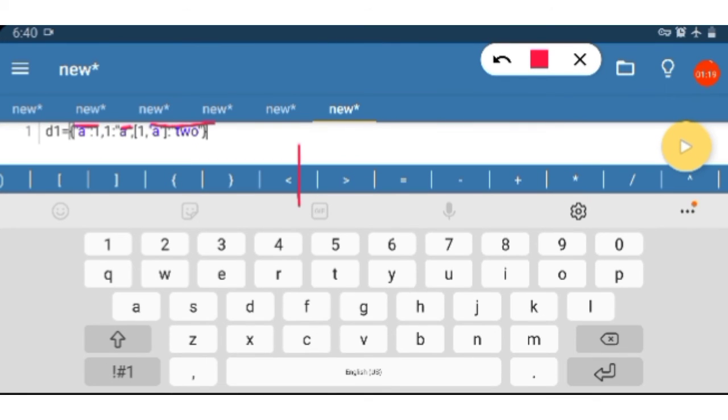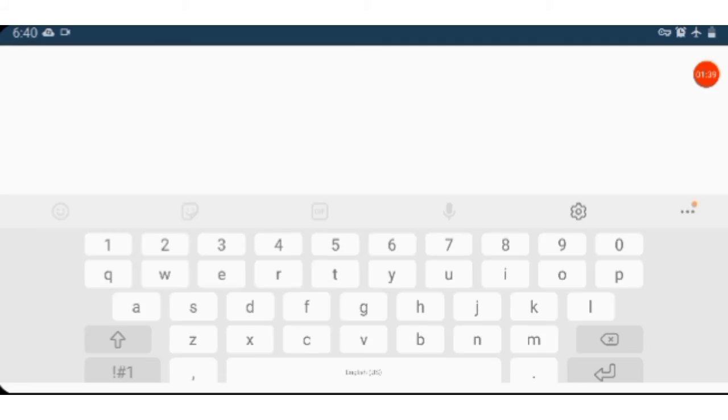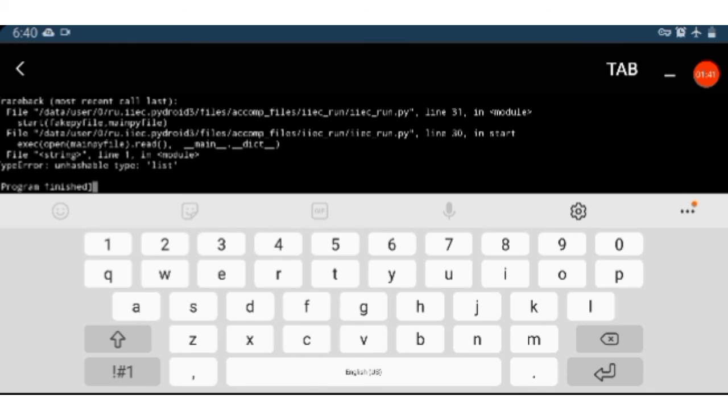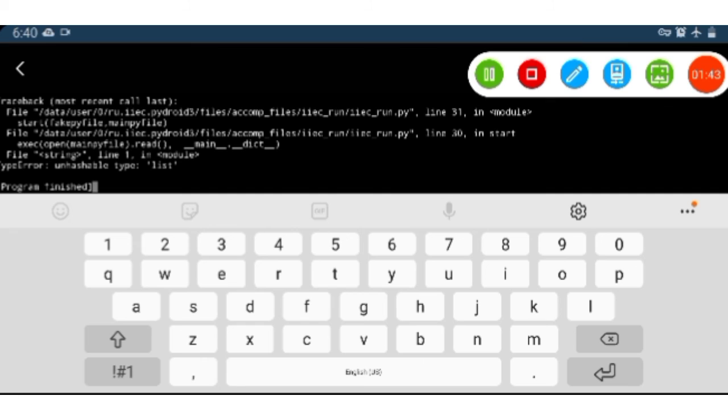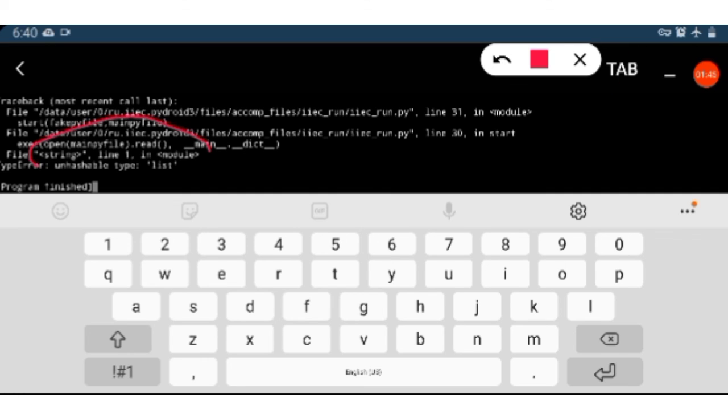And in each key value pair you can see the first one is a string. Key is a string. Let us run and check what is the error. You can see I have told you the error. This is unhashable type list.